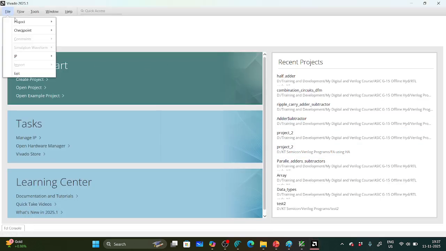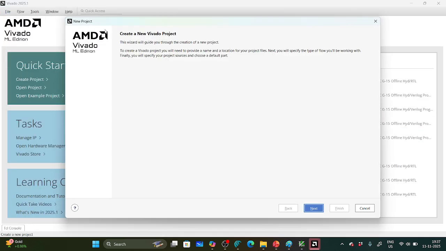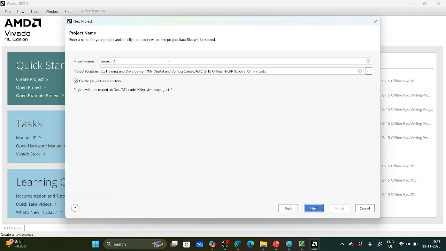First you need to create a project, no? So new project. I'm creating one project. Those are nothing but sequential circuits. Sequential circuits, this is my project name. You need to find out the path also, where this project is being saved. That means you create one folder, like RTL code using Xilinx Vivado, and select it. Next,